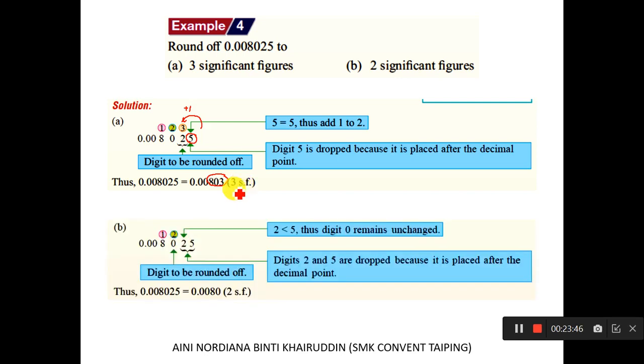Alright, so for B, this is the first and second significant figures. Have a look at this digit. This is less than 5, so no need to add 1 here. So this remains unchanged. So this is the answer. This is 2 significant figures. No need to put 0. Alright, so I really hope you understand how to round off